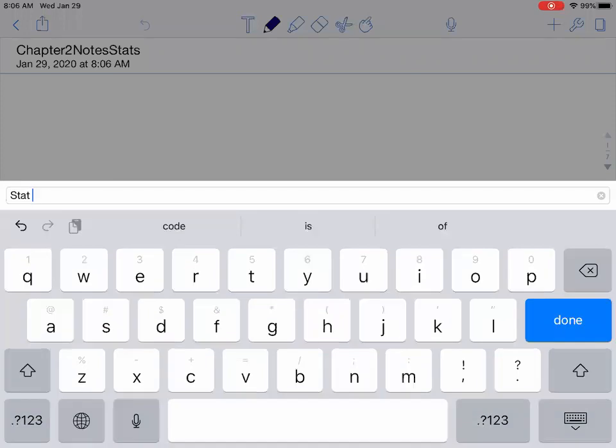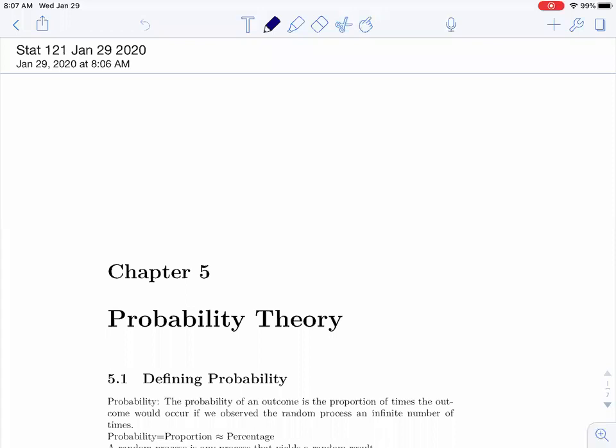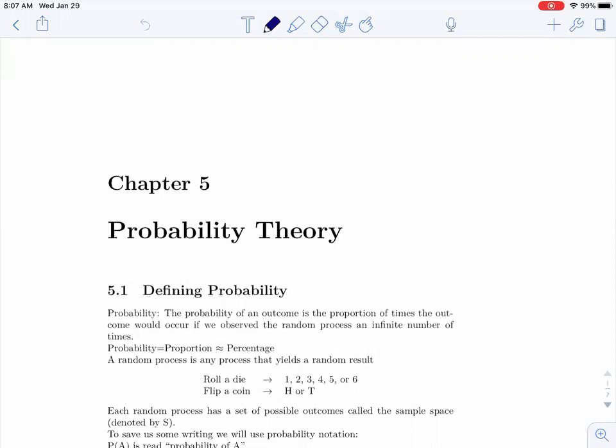Stat 121. January what? 29th? Oh my goodness. 2020. I almost wrote 2019 still. That's not as bad as last year. Pretty sure I wrote like 2015 or something. I don't know what happened. Okay, so, haha,